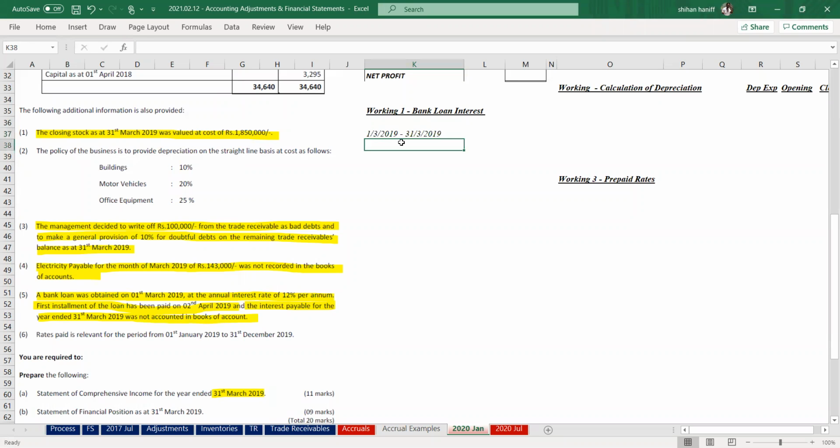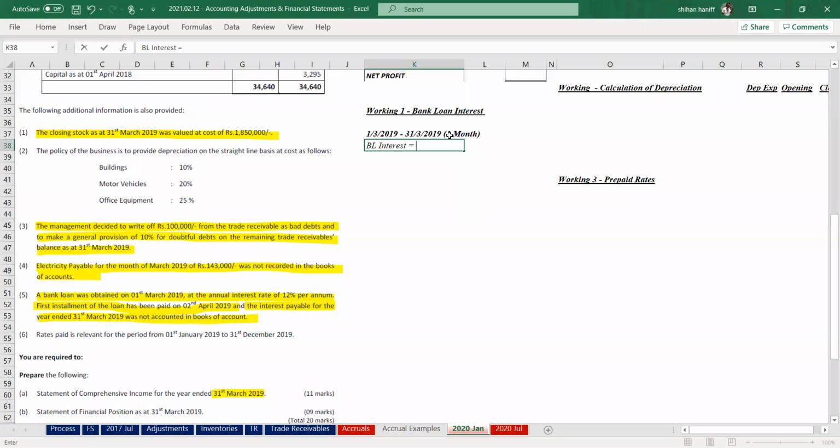How many months? It's not 3 months, it's only 1 month. Like I put it as January. Only 1 month. So bank loan interest equals